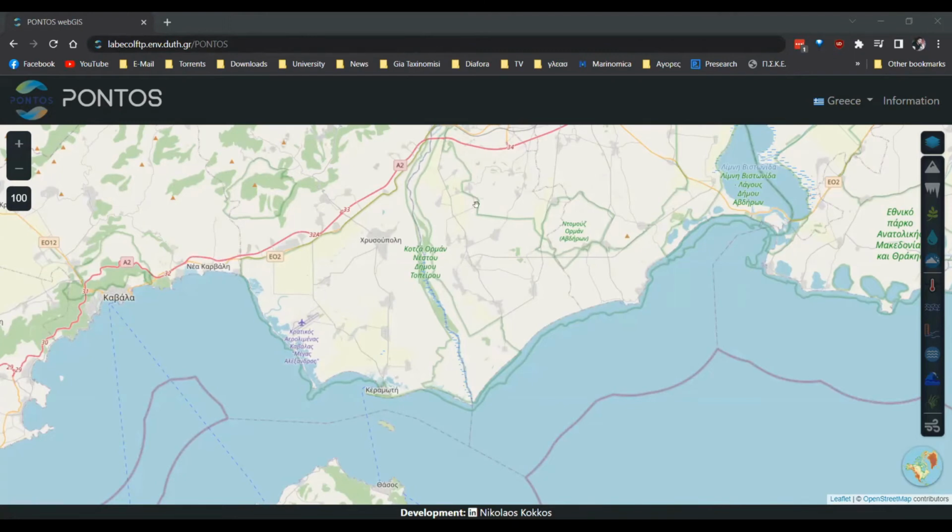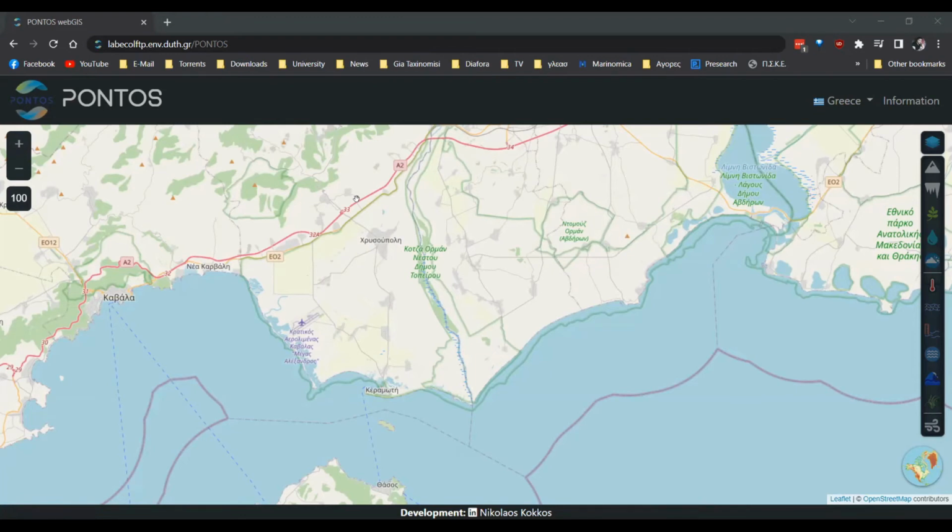So you have this header, this navigation bar, as it's called, where you can find the PONTOS logo, and if you click on this PONTOS logo, you will be redirected to the PONTOS